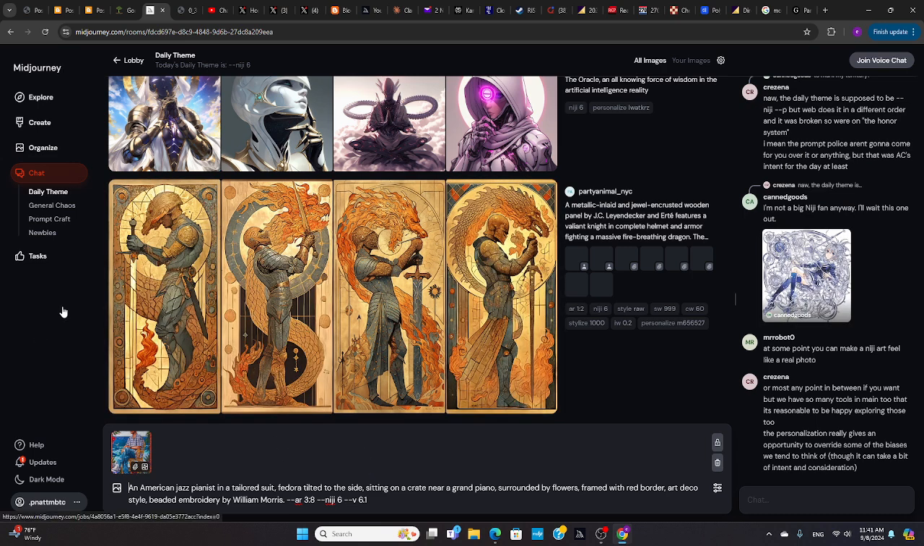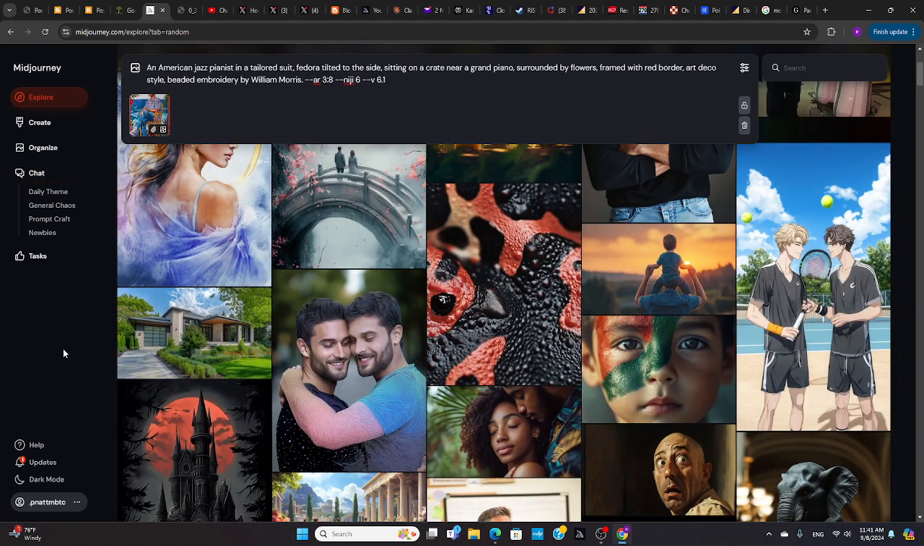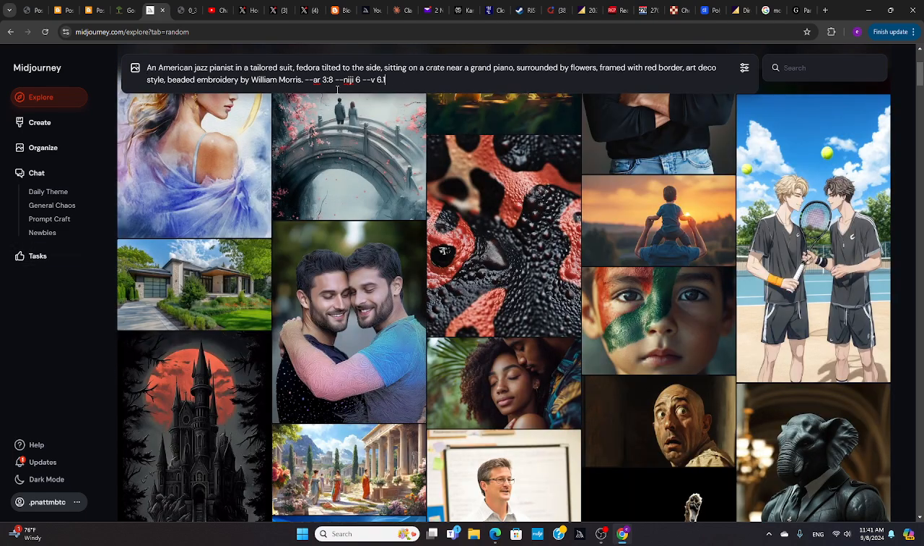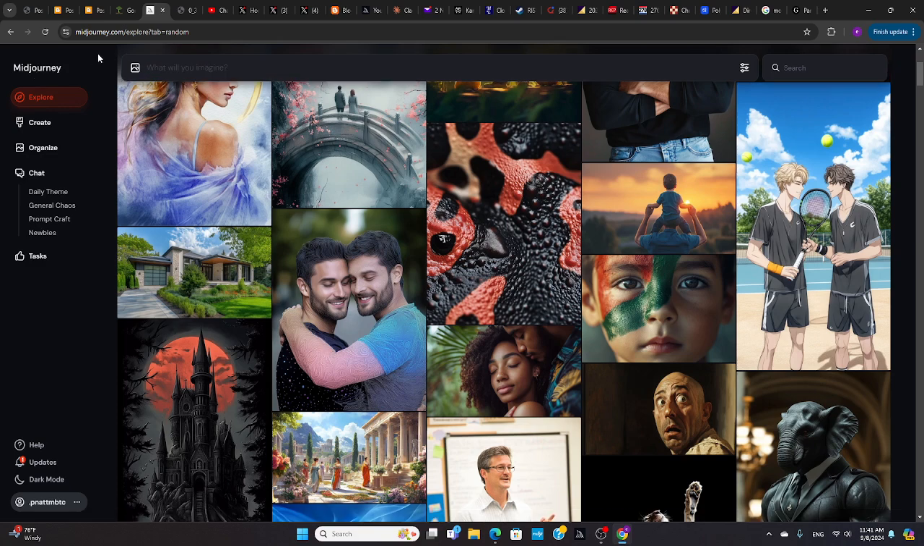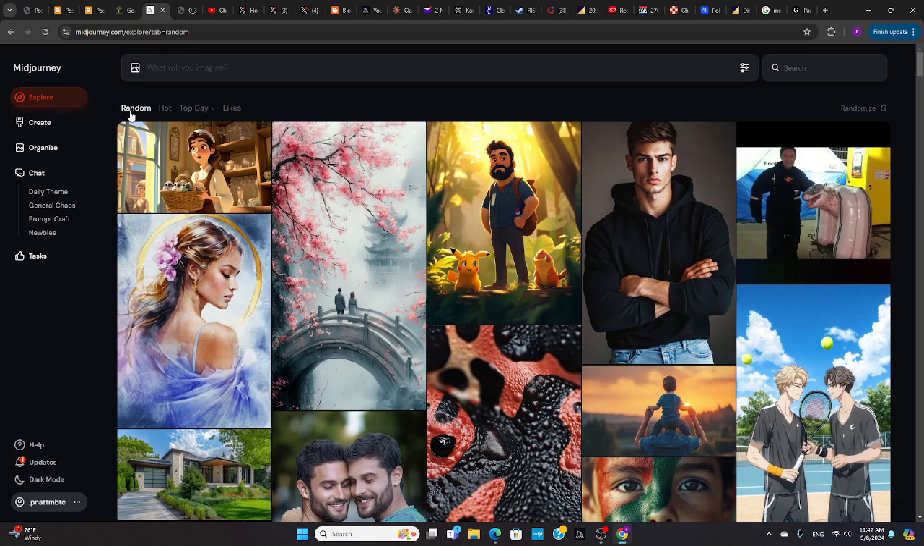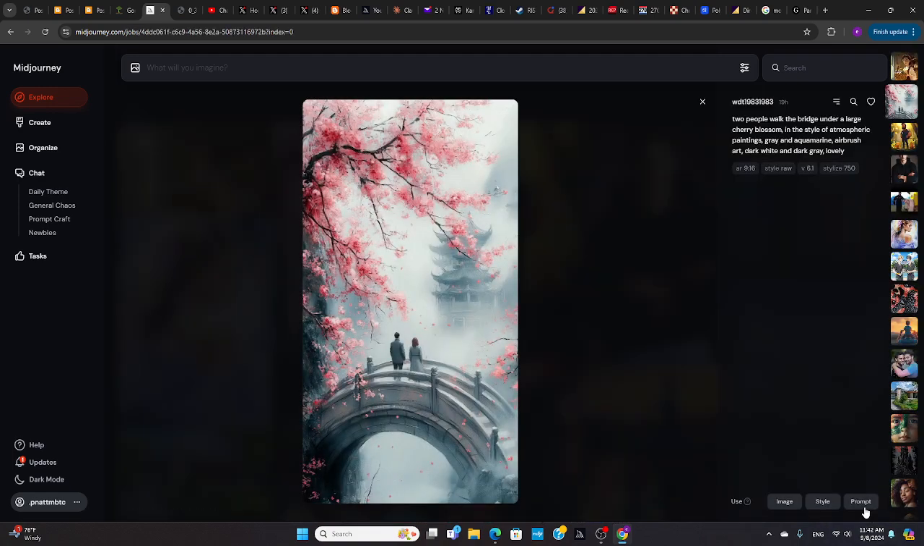Okay, and then another source that I used was the Midjourney showcase. So if you go to Explore, and let me clear this out. So I click on Midjourney. Oh, I need to scroll up. Okay, that's it. And then you have the Midjourney showcase, random, hot, top date and likes. So like this one looks like it would work well. So I'll show how you can do this. I just click on this one that I like. I'll click on prompt